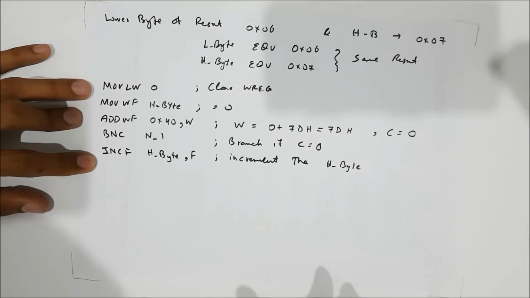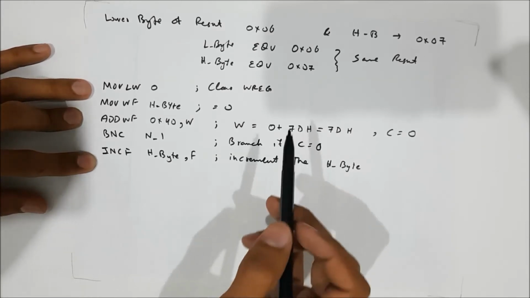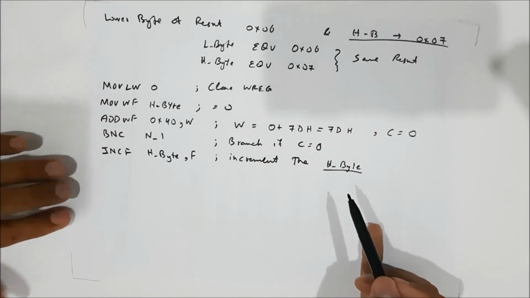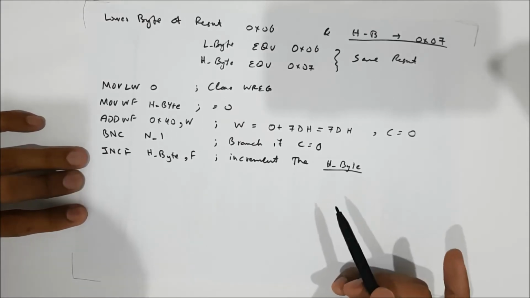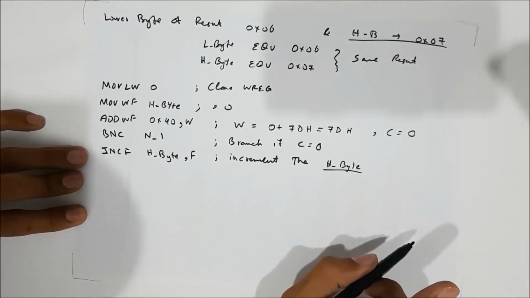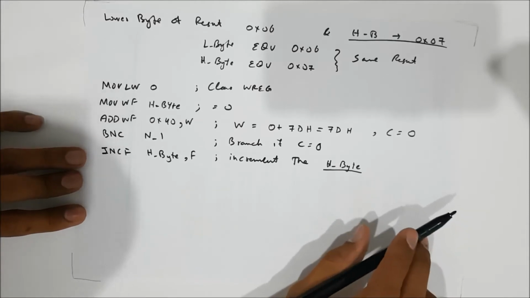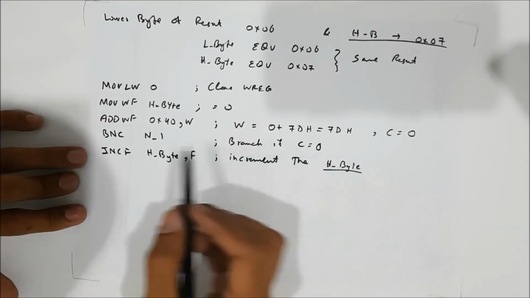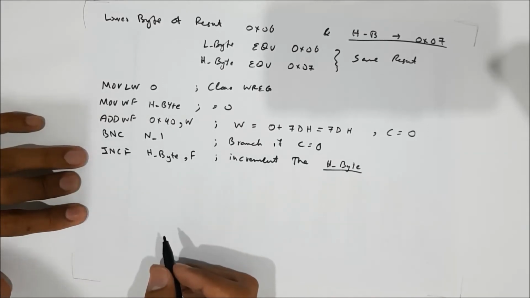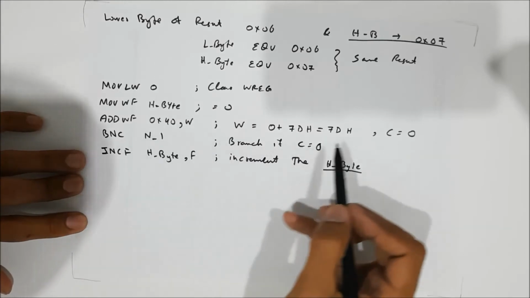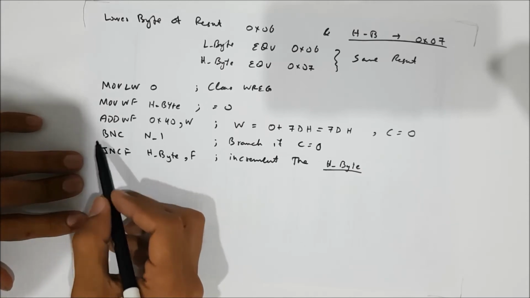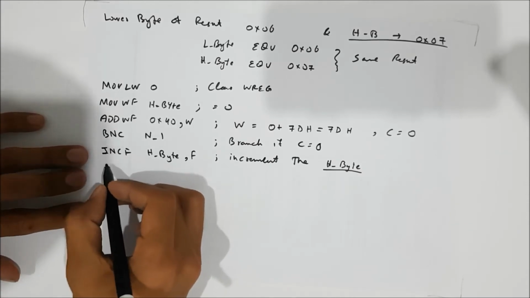And as stated in the example statement, the higher byte has to be saved at location number 7. So we just incremented the higher byte. When the carry was 1 just once, it will save the higher byte and increment it just once. If the carry is 1 more than once, it will be incremented more than once. In this case, we know that carry was 0, so it will probably jump to the next instruction. So what should be the next instruction?